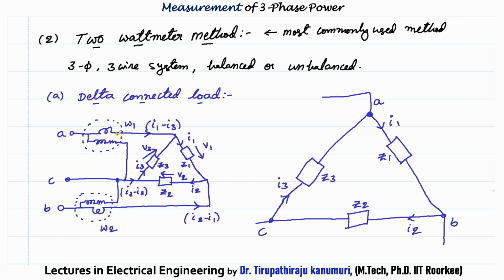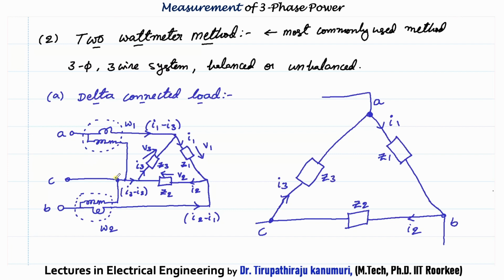So 3-phase 3-wire will be 2. 3-phase 4-wire will be minimum 3. Remember this. Okay. So now here I have connected 1 wattmeter in phase A, and the pressure coil I have connected between phase A and phase B. Similarly, another wattmeter I have connected in phase B, and the pressure coil I have connected between phase B